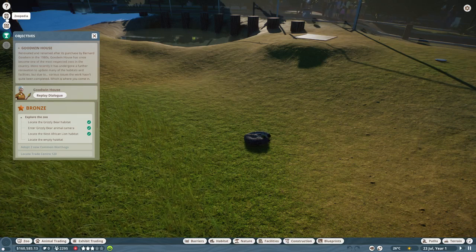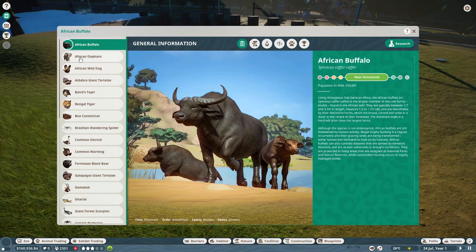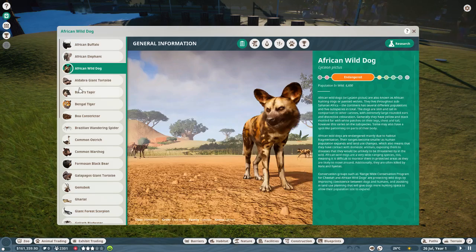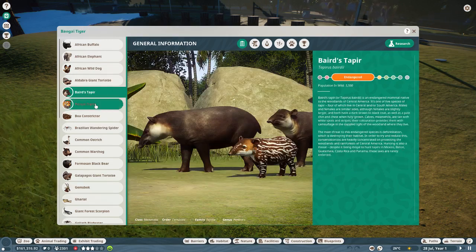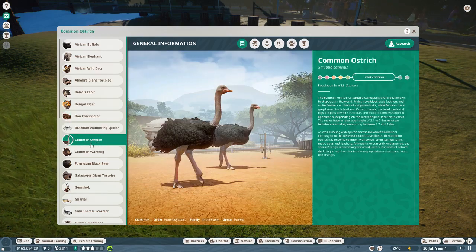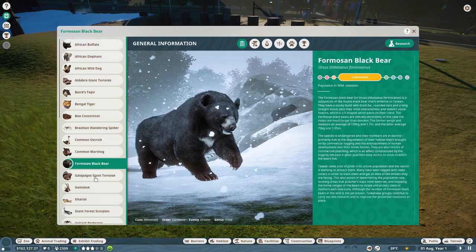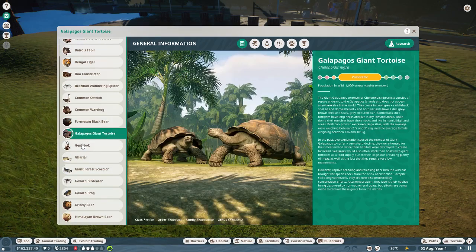Just let me see what animals are there in this one. That's the African buffalo, the African elephant, the African wild dog, the giant tortoises, red stag, Bengal tiger, boa constrictor, no, fuck off. Common ostrich, common warthog, Formosan black bear, Galapagos tortoise,